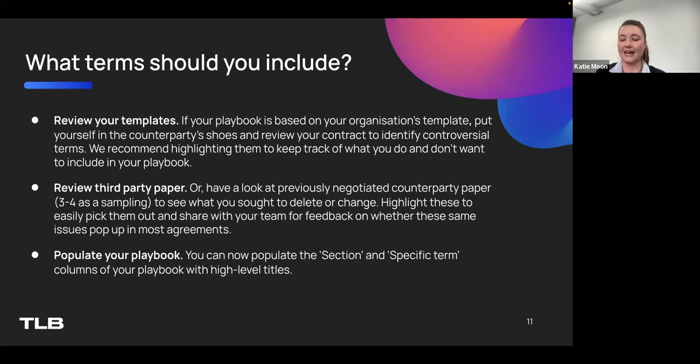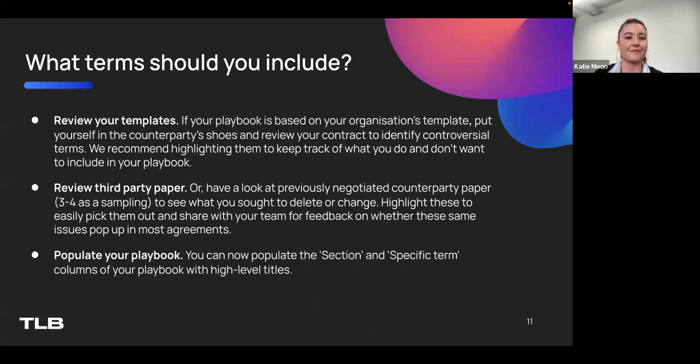It's really helpful to just highlight those rows in the clause so that you can have a holistic view of exactly the content you want to include in your playbook at the end, and share that with your team also to see if they agree with your assessment on what's most negotiated and what's not. As I mentioned earlier too, you don't want to include most boilerplates. Assignment sometimes gets tricky, as does governing law, but any terms that really just aren't worth your time, aren't heavily negotiated, we recommend not including them in a playbook